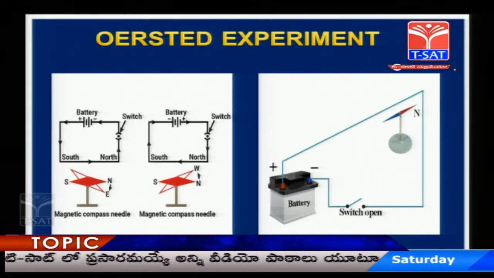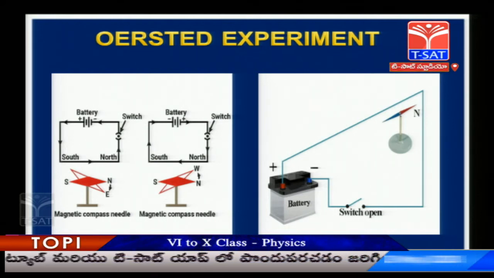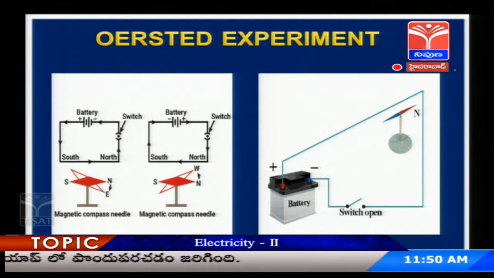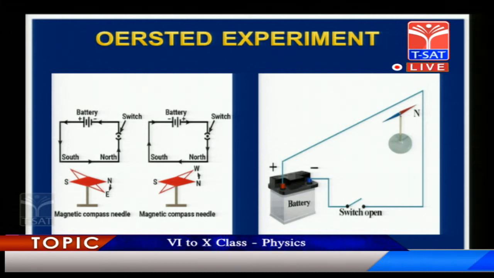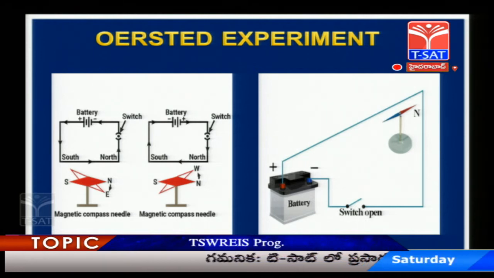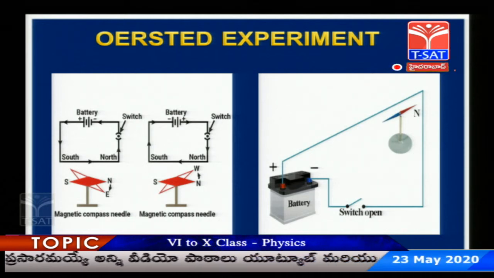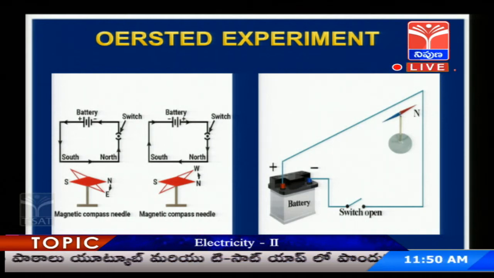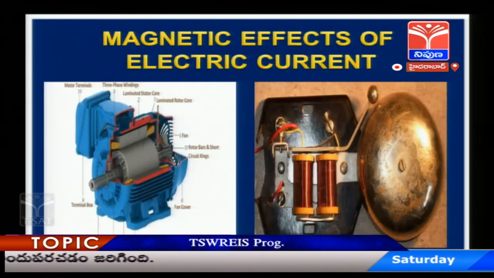to perform this experiment we need 2 wires, 1 battery and a compass needle. Complete the circuit with the battery and the wire and place a compass needle below the current carrying wire. We see when the current is passing through the wire, the needle is deflecting. It means the current carrying wire is producing magnetic field lines around it, which are responsible for the deflection of the needle in the magnetic compass. This is about the Ørsted experiment.